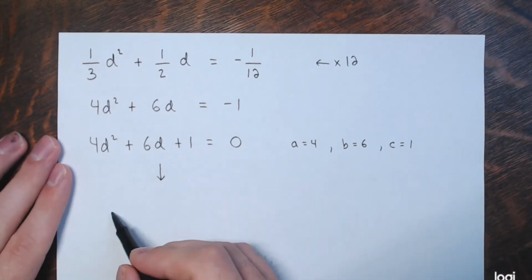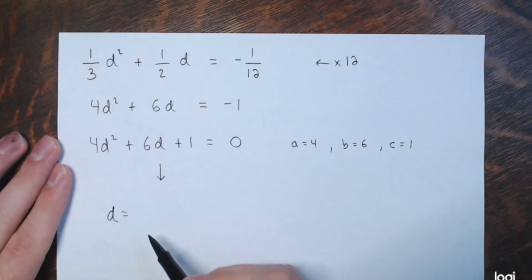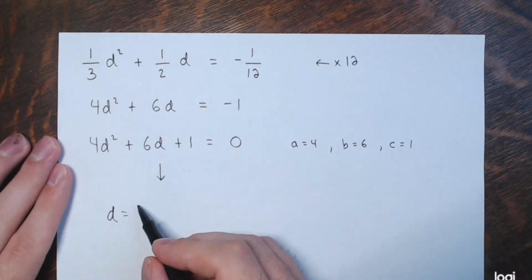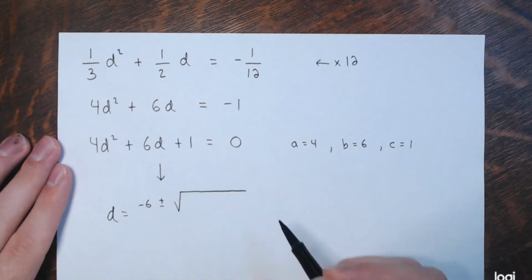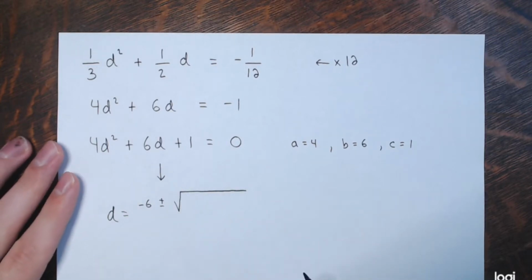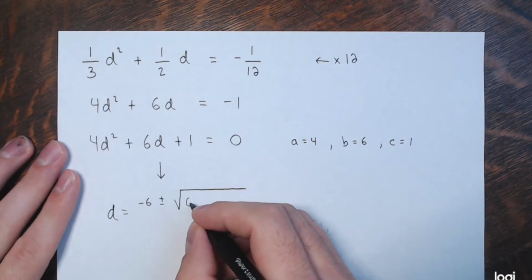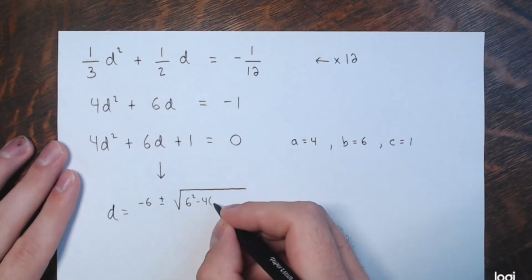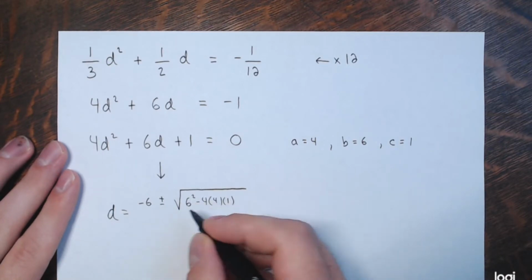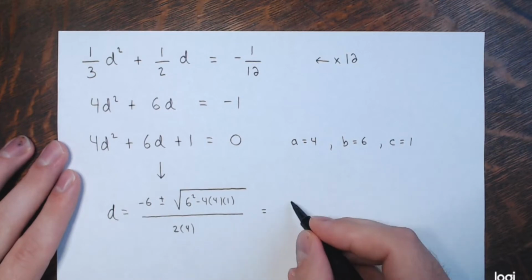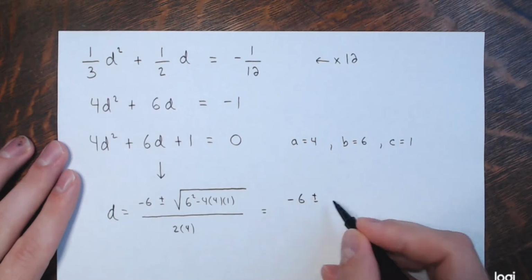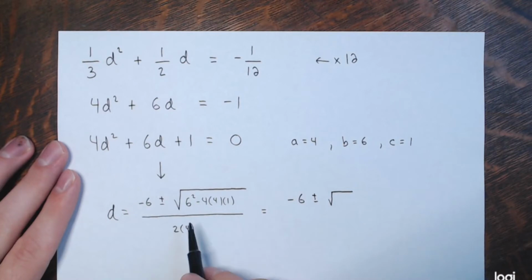So the solutions are, d equals the opposite of b, which would be -6, plus or minus the square root of the discriminant, b squared minus 4ac, right? 6 squared minus 4 times 1, and all this divided by 2 times a, right? 2 times 4. So that's -6 plus or minus the square root of 20, right? 36 minus 16,